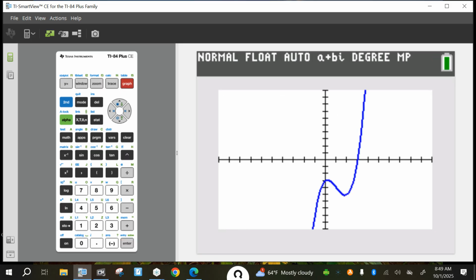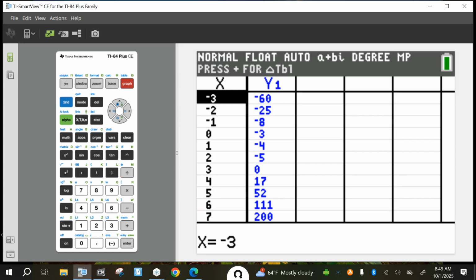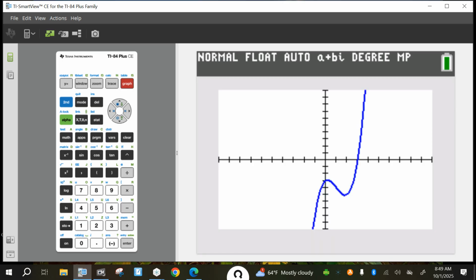So what do you notice about your graph? It just hits the x-axis once, so it has an x-intercept at 3. Remember, you can go to your table to look at that. When x equals 3, the y value is 0. That's another way of looking at it. So the other 2 answers that we have are